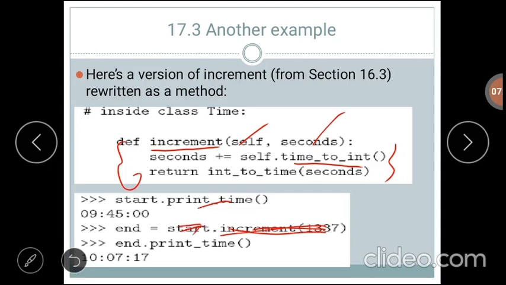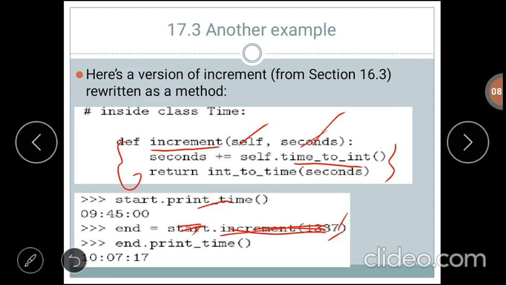So start refers to the self keyword, and the argument 1337 gets assigned to the second parameter, seconds.